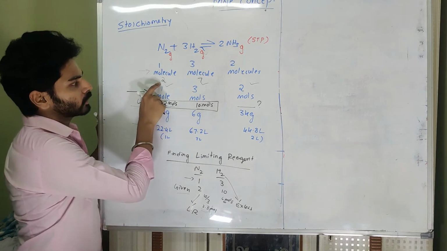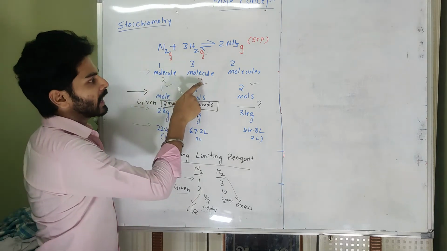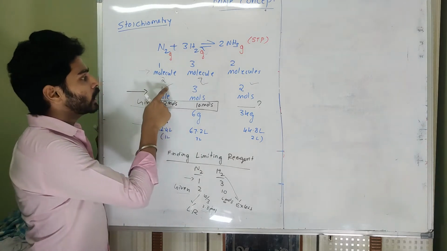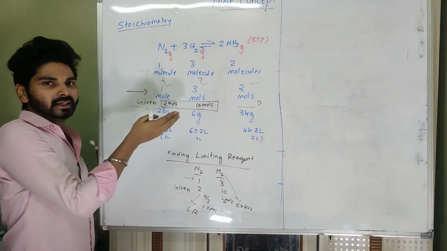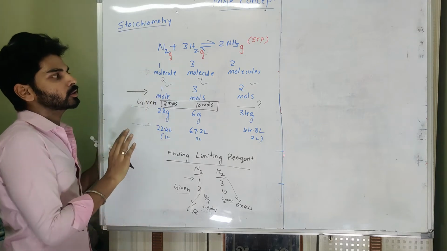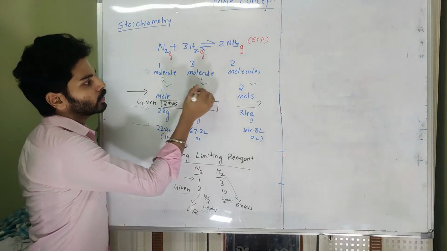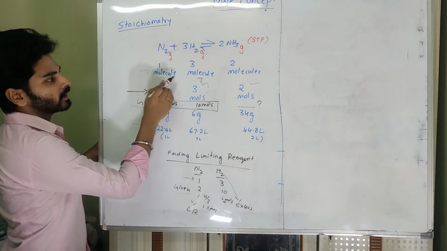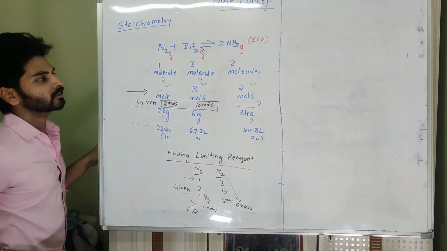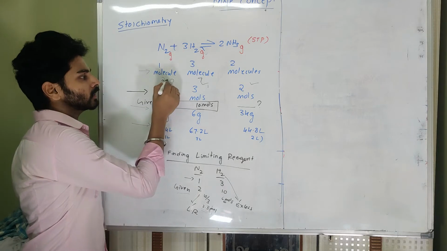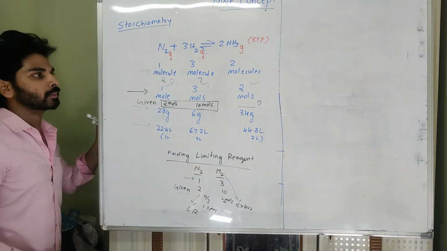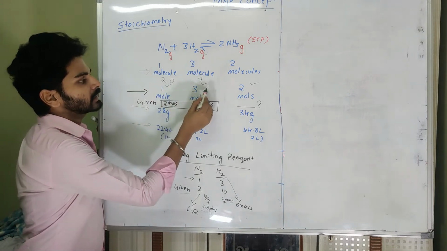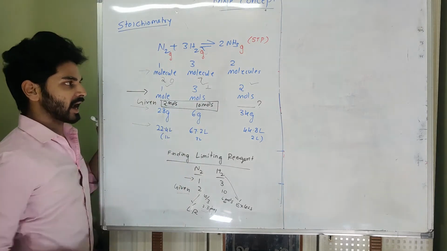Another molecule, because there are 2, will react with another 3 molecules and give you 2 molecules of ammonia. Now nitrogen is not present there, so all that 2 molecules reacted, even though 1 molecule of hydrogen is remaining after taking 3 molecules with one and another 3 molecules with another one. So now nitrogen has vanished out, it is completely reacted in the process. So that means this 1 molecule will remain unreacted.